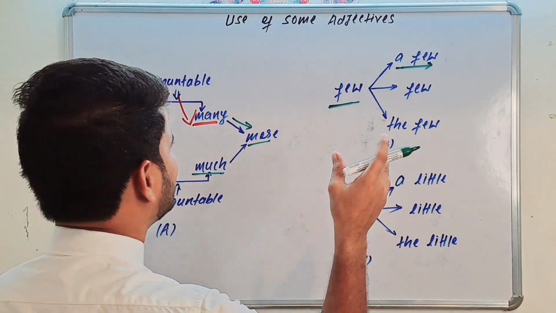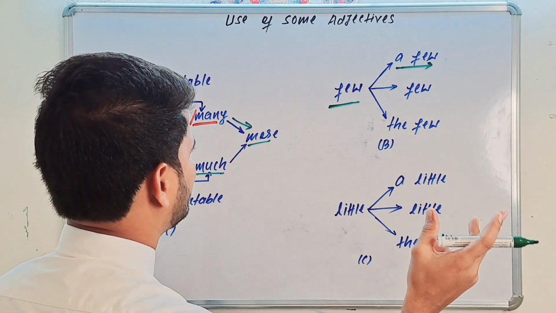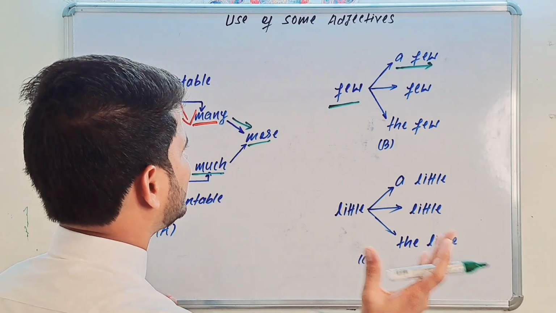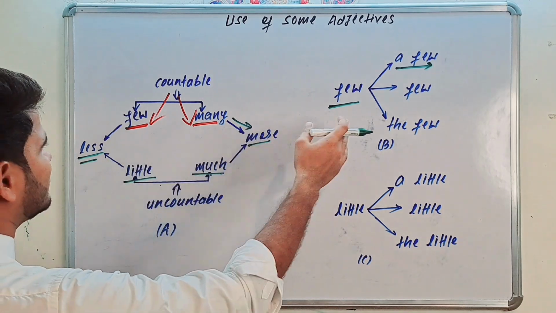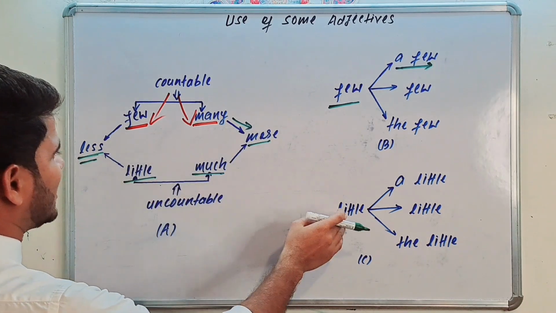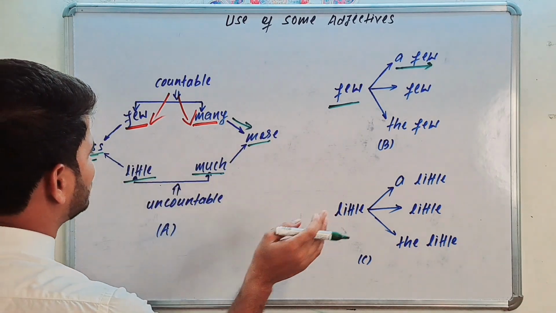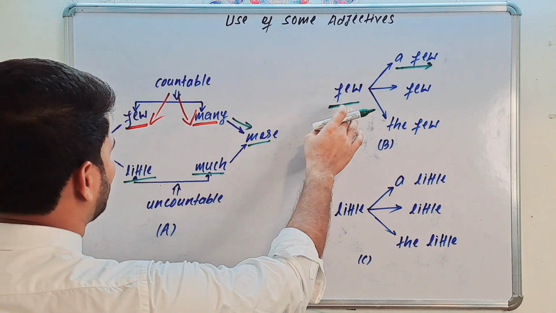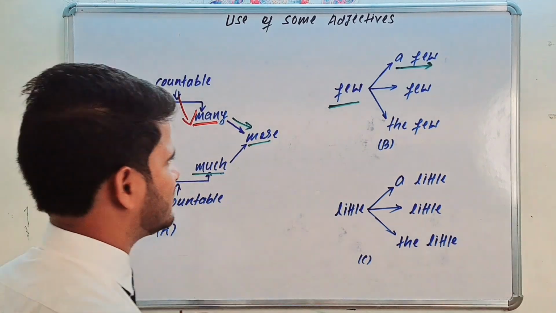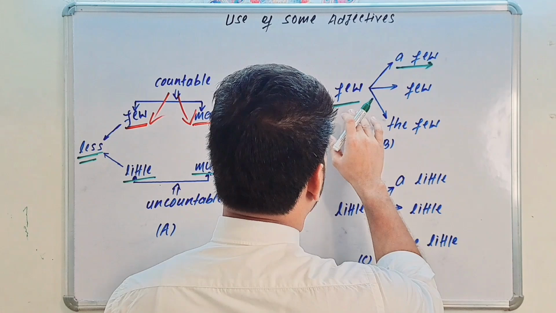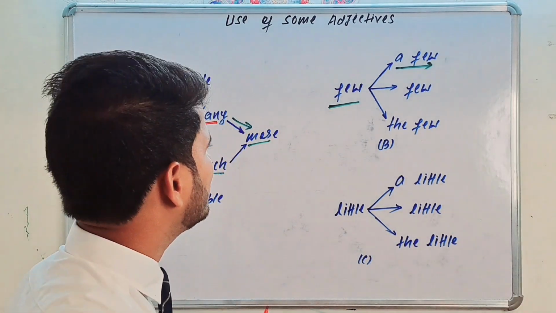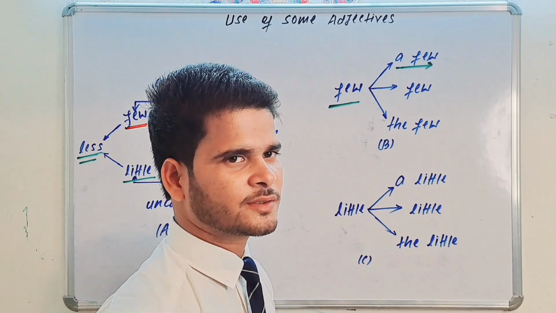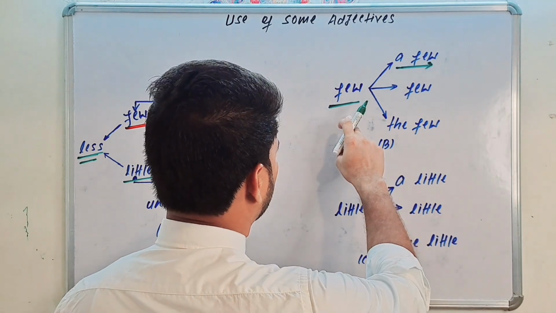So whenever we add some determiners like a few, the few, then its meaning is changed according to the sentence. And here see, few, I told you, means less and little means less. Little is only used with uncountable nouns and few is used with countable nouns. And here see,